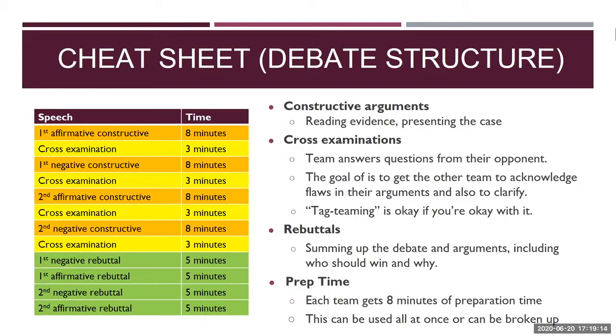So students go back and forth between the constructive arguments and cross-examinations until each student has had the opportunity to take part in each type of speech. The second part of the debate consists of rebuttals, the part labeled in green on the chart. This is when each student has the opportunity to summarize the most important parts of the debate and explain why their team should win. On top of the speeches in the table, each team is also allowed 8 minutes of